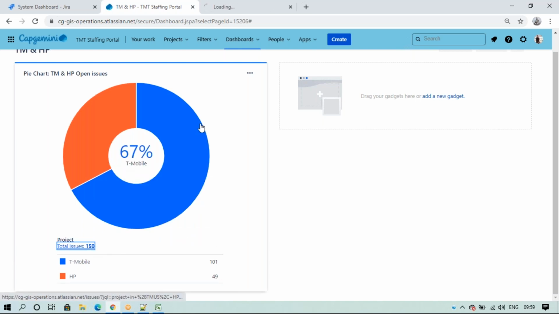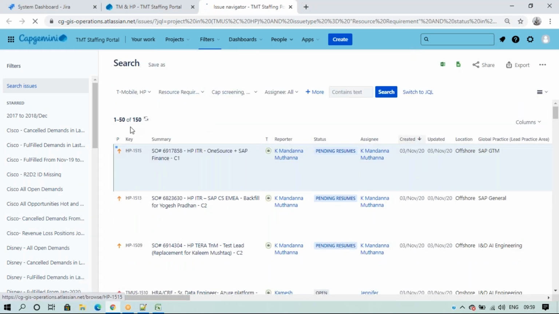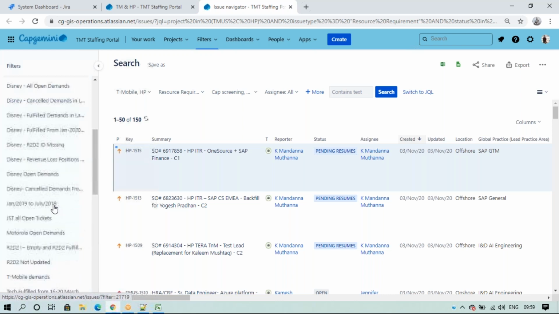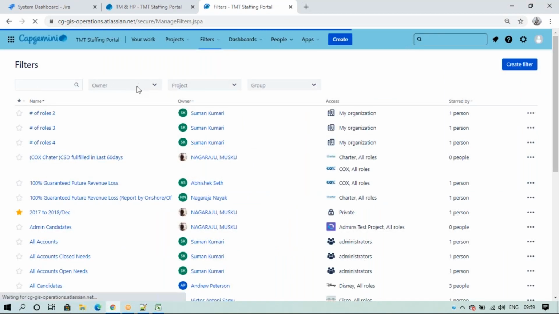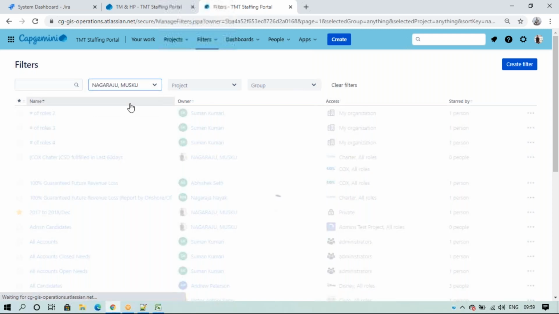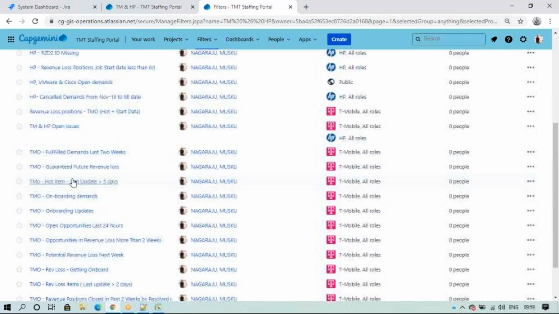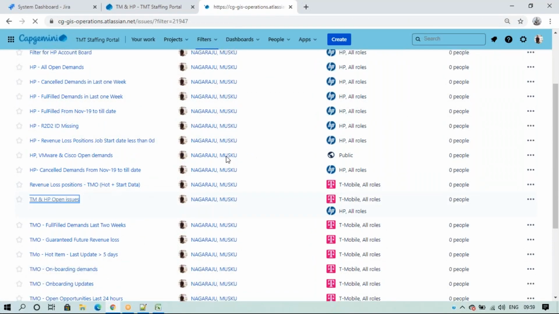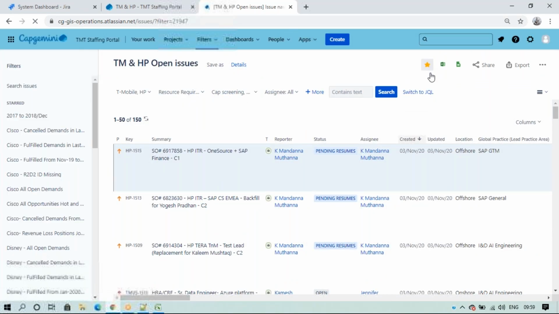Right. So I'll just open this filter. This is the filter we have written.